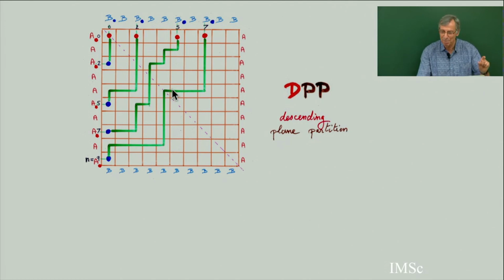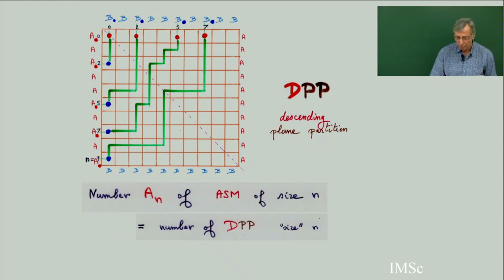If there is no east step above the diagonal, it means that once you touch the diagonal, all the paths go above. So it's a special case of a binomial determinant. In that case you have permutations, and there is some bijection. Arvind Ayyer from Bangalore gave a direct bijection between permutations and such configurations of paths, descending plane partitions with no -1. But of course, if there is no -1, you are far from a bijection from Alternating Sign Matrices to descending plane partitions. So this is a surprise. At that time, there was no bijection.